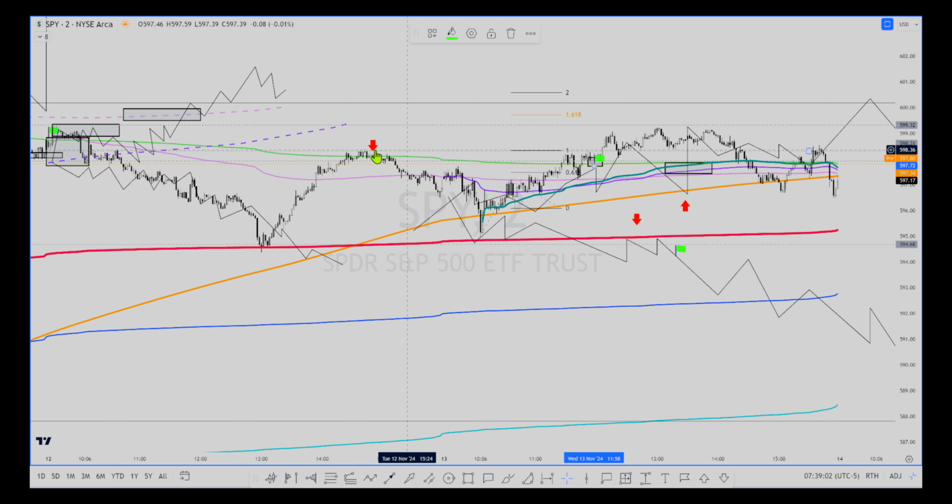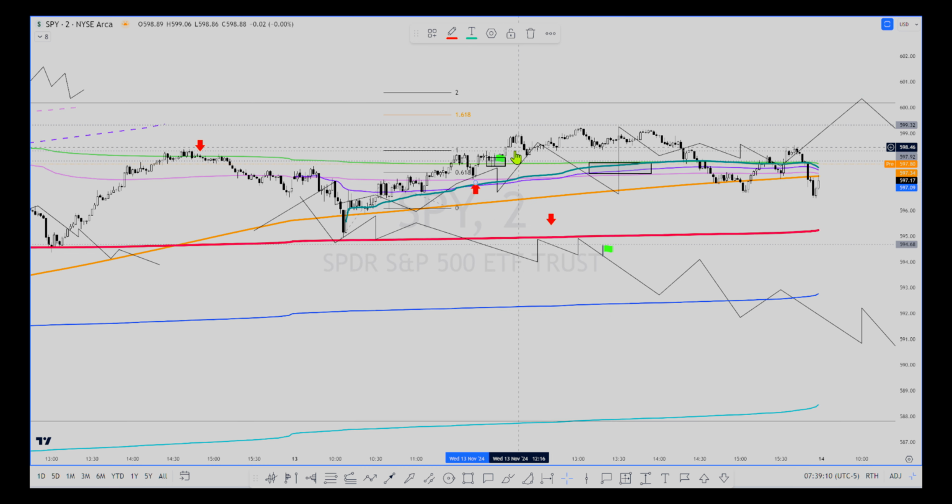So the entry would be here, right? And our stop would be here underneath this 2-day VWAP, right? So we run up. I did a fib extension from this push up to the 2-day VWAP and the pullback just underneath the daily VWAP, which you could see this is the VWAP from the low of yesterday. So we had that fib extension and that generated that